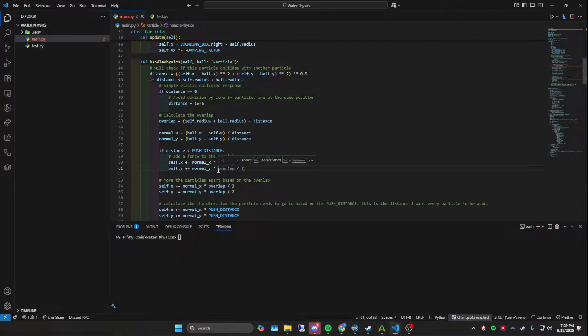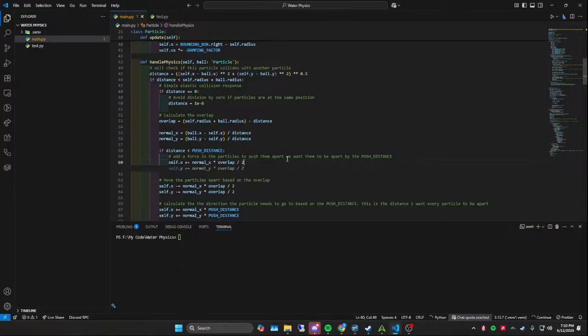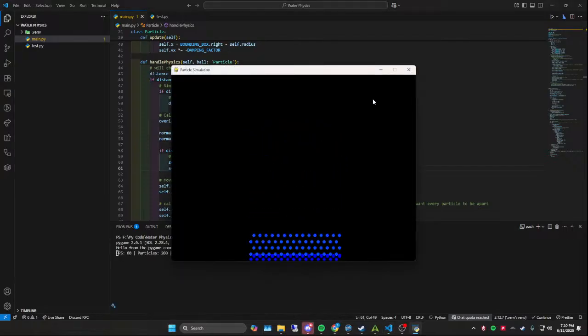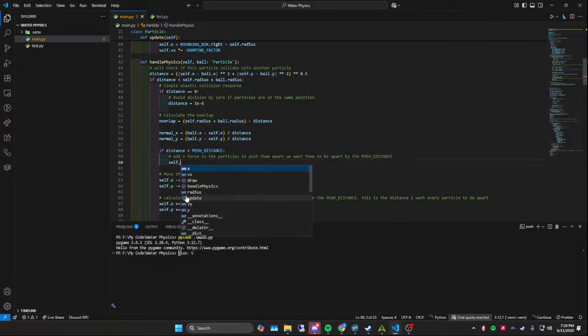It's not the overlap. This shouldn't work, because I'm already calculating this. So if we take self dot